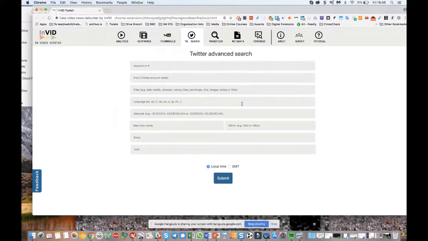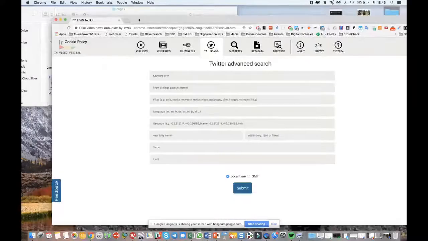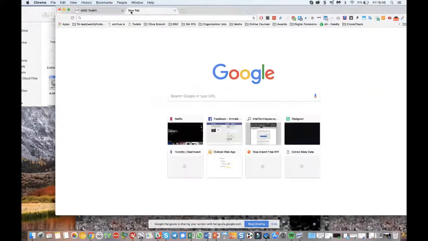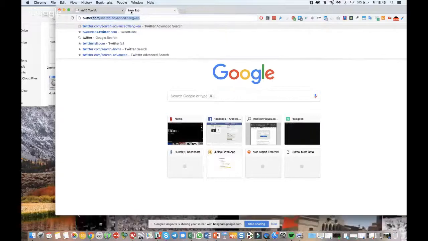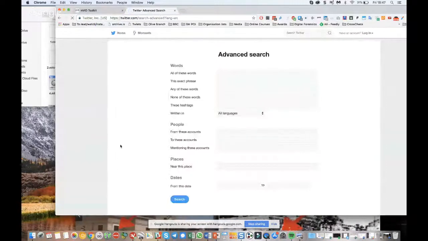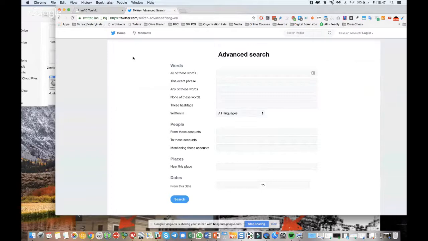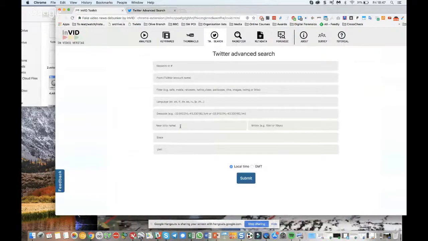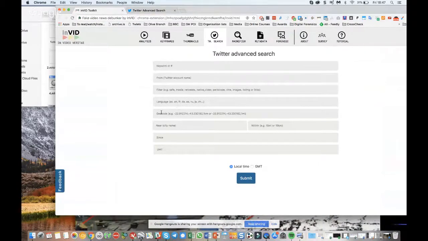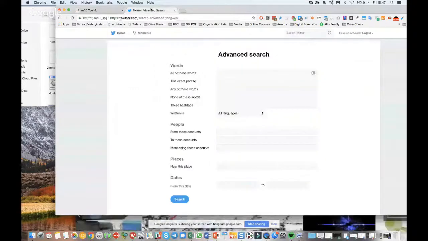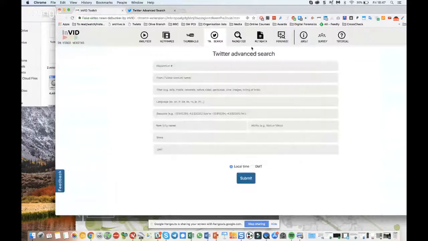InVid's got Twitter Advanced Search, but that's the same that you would find. I'll talk about it when I do searches on social media. That's going to be the next online session, but it's exactly the same thing as the Twitter Advanced Search, but it's here, and it's convenient. Otherwise you have the same: date, city, range. The only extra thing is you can put coordinates here and filter as well. We might have a few more things.